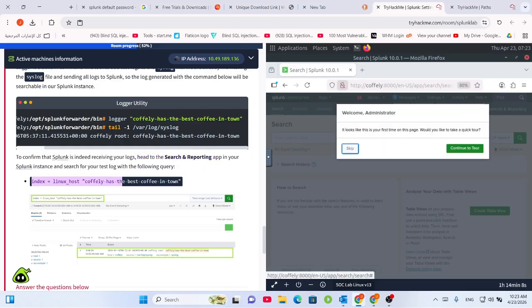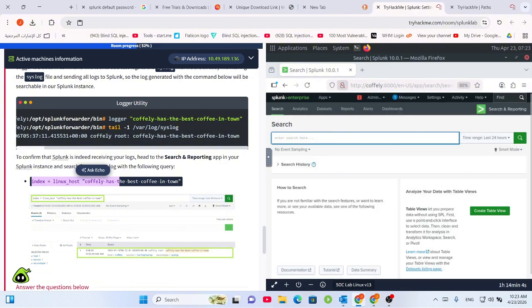Type this one, index equals to Linux host. Skip the tower for now. The index equals to Linux host, and